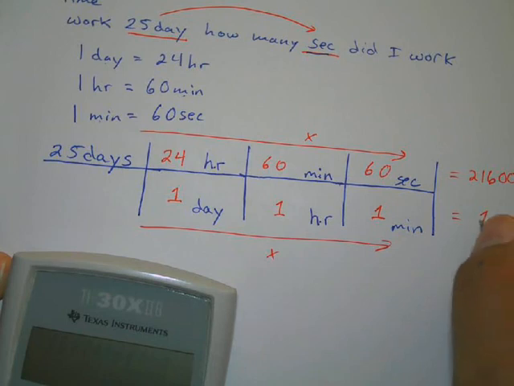And your last step is to divide, right? Top and bottom. Your last step is to divide. So that divided by 1. So your final answer is